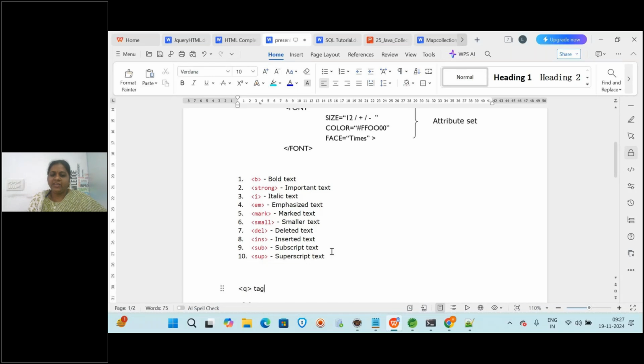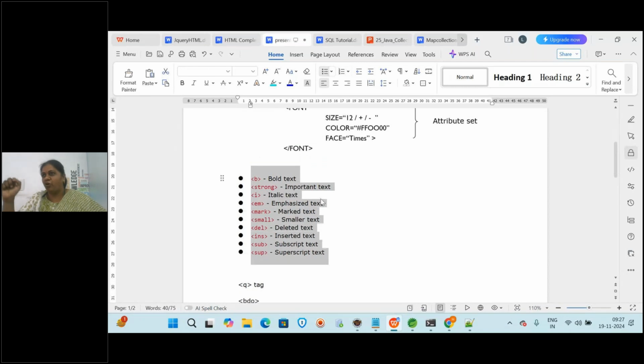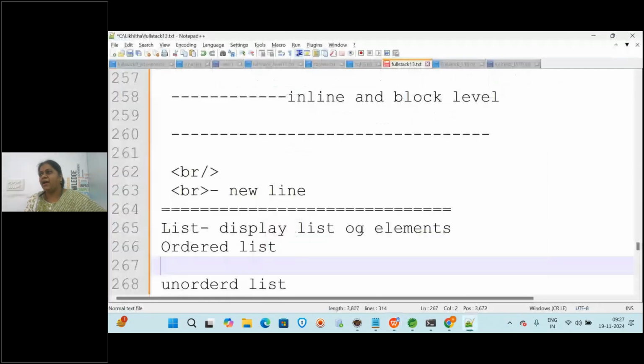But if you are giving here dots or any other style, can we identify how many elements are there? We have to count it, no? So that is the difference between ordered list and unordered list. So ordered list will have by default what? Numbering. Unordered list will be having something called dot. Okay, that is the main difference.